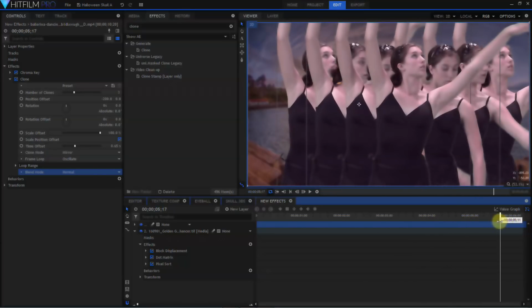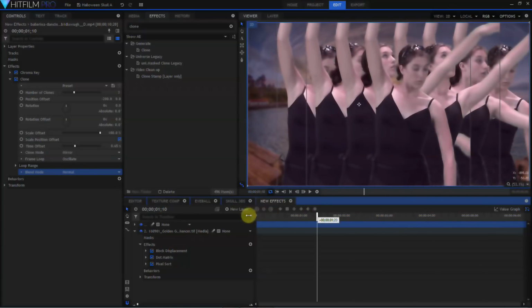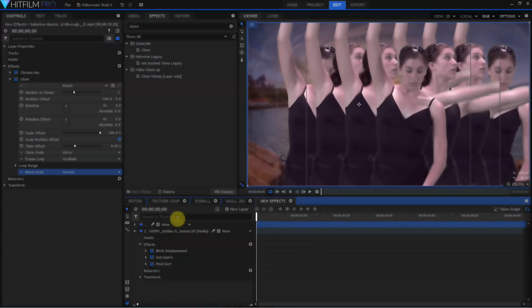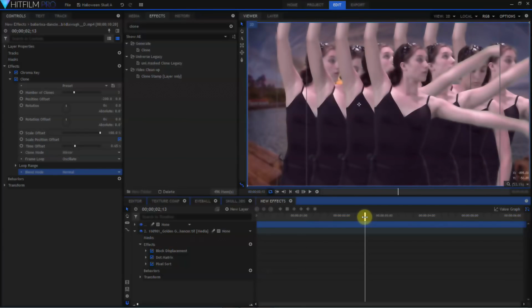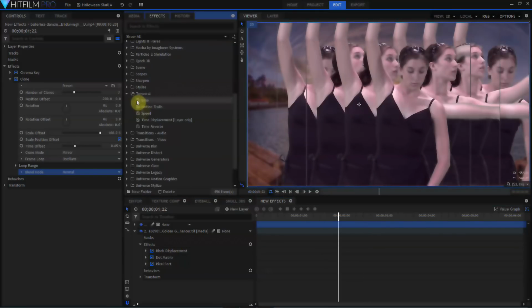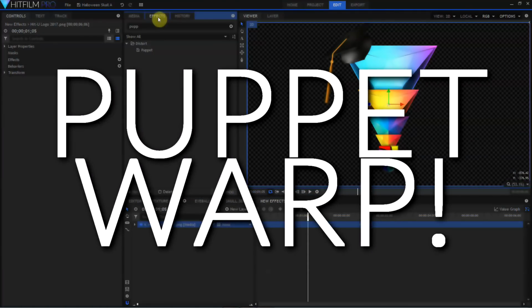This could be used on any animation, maybe for text layers, not necessarily just on footage. But again, I can see this being useful to create clones if you do have green screen footage, and I can see this being used to create all kinds of titling and animation effects. This could probably be used to duplicate spaceships, explosions, lasers, lightsabers, full text objects. It's just a quicker way of making clones than copying out other layers. In some ways, this is similar to the echo and motion trail effects from earlier versions of HitFilm, but it's a lot more powerful. You guys have been asking for it, and in 2018, HitFilm Pro is going to add it.